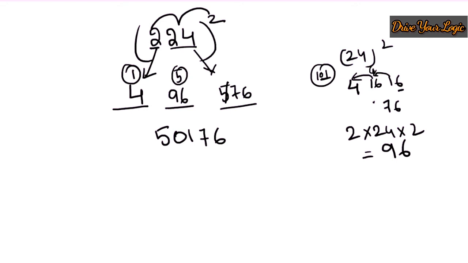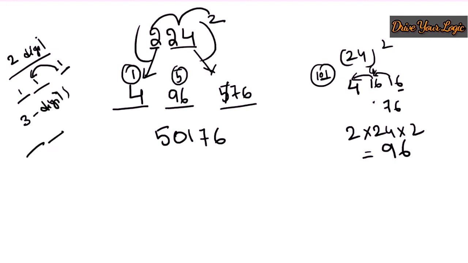You just have to remember, while doing 2-digit square, you have to take 3 dashes, but 1 digit should be there, and the next one will be carried forward. And for 3-digit squaring, the same 3 dashes will be there, but 2 digits will be there. If there is an extra digit, you carry it to the next one. And while adding also, you have to do the same thing. Suppose after adding 7 6, it's okay, but 96 plus 5 is 101. It is 3 digits. So you will write down only 2 digits here, and the next one, the 100 plus 1, you just carry forward. So 4 plus 1, that is 5.